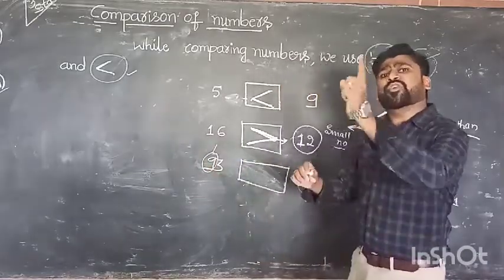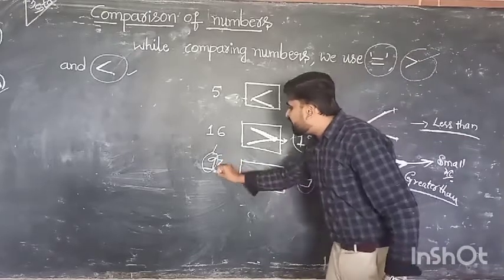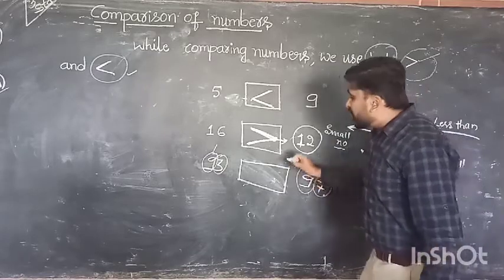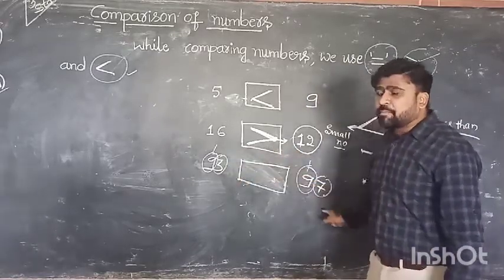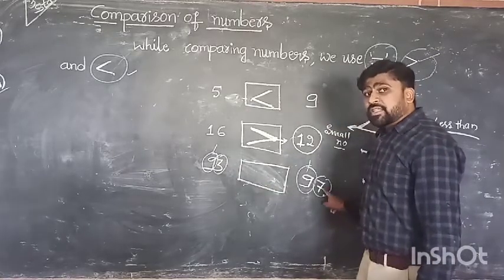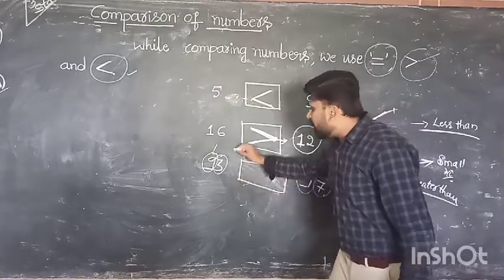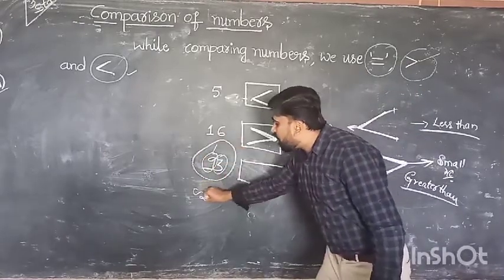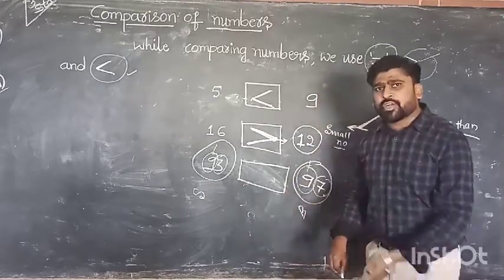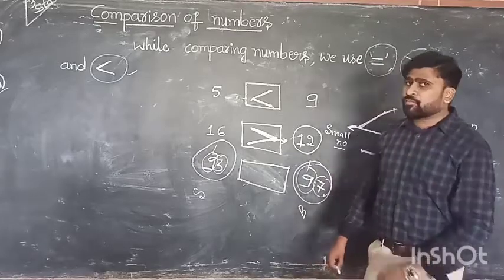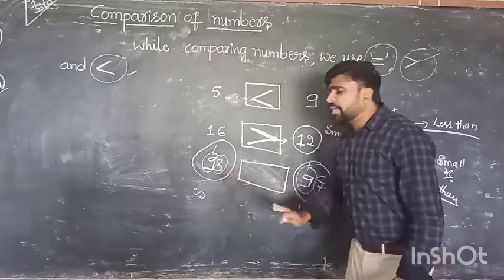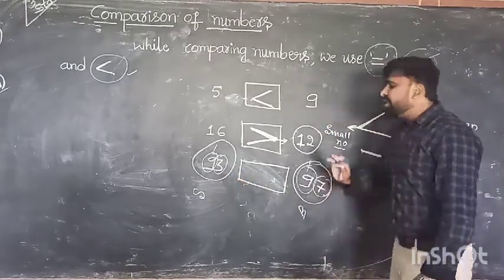That means shift to the next digit. Here the next digit is 3. Here the next digit is 7. That means 3 ಮತ್ತು 7 ಎರಡು digit ನ comparison ಮಾಡಿದ್ರೆ 3 is the small digit, 7 is the big digit. That means 3 small digit ಆಗಿರೋದ್ರಿಂದ total it is a small number. Now this is a big number. Like that we compare 3 digit, 4 digit, 5 digit, 6 digit numbers. Okay, I will show one example for all. That means 93 is the small number and 97 is the big number.